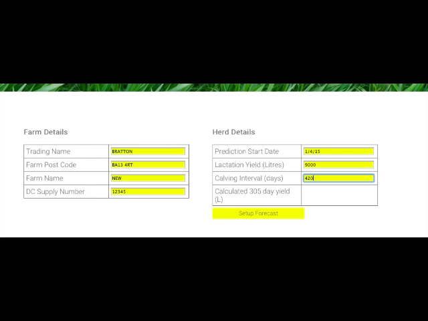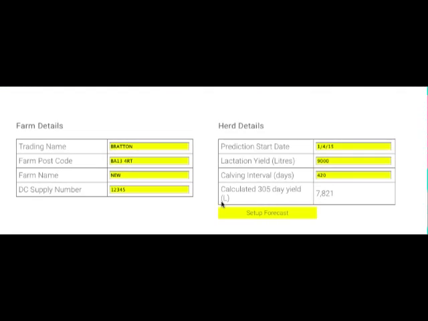The average calving interval for the herd can be any duration from 365 days to 450 days. Increasing the calving interval spreads the lactation over a longer period. NMR estimate the average calving interval is 424 days. Once this information is entered, you select the square button with the words Set Up Forecast, and this will set up the table into which you'll enter calving